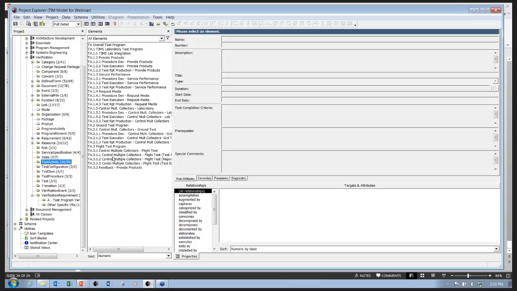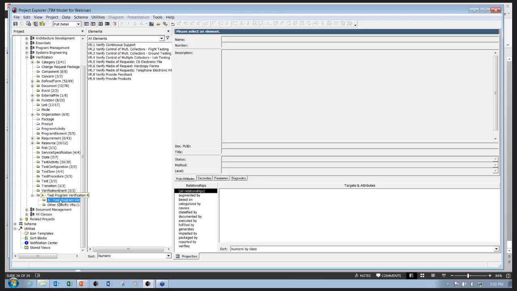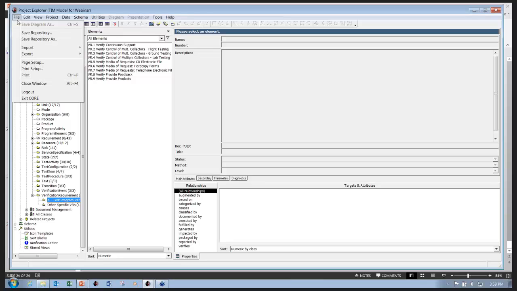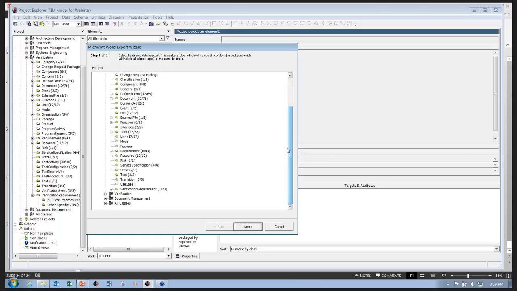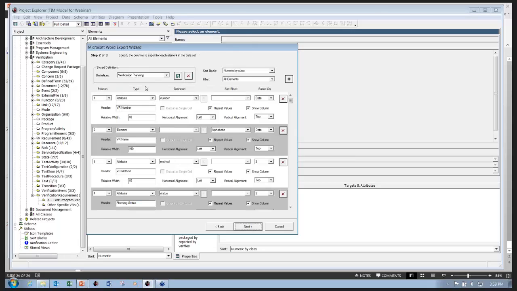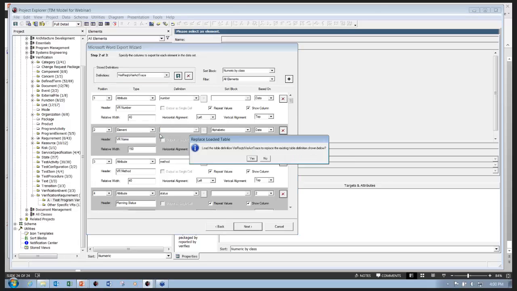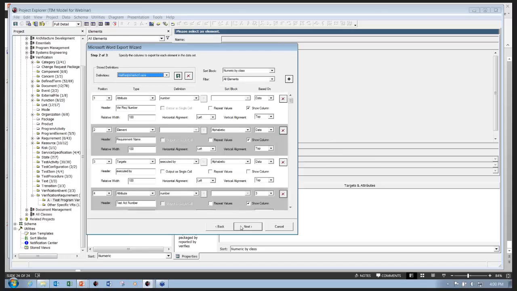These test activities are the actual execution of these verification requirements, and they are related to test configurations and test items and test procedures. And there is a webinar we're going to do in the future on test and verification planning, but I'll just expose you to one other report here that I like to use, and that is tracing the verification requirements to the test activity that's going to be used to do it. So I have a verification requirement to verification activity trace report that I like to run, and this will show me